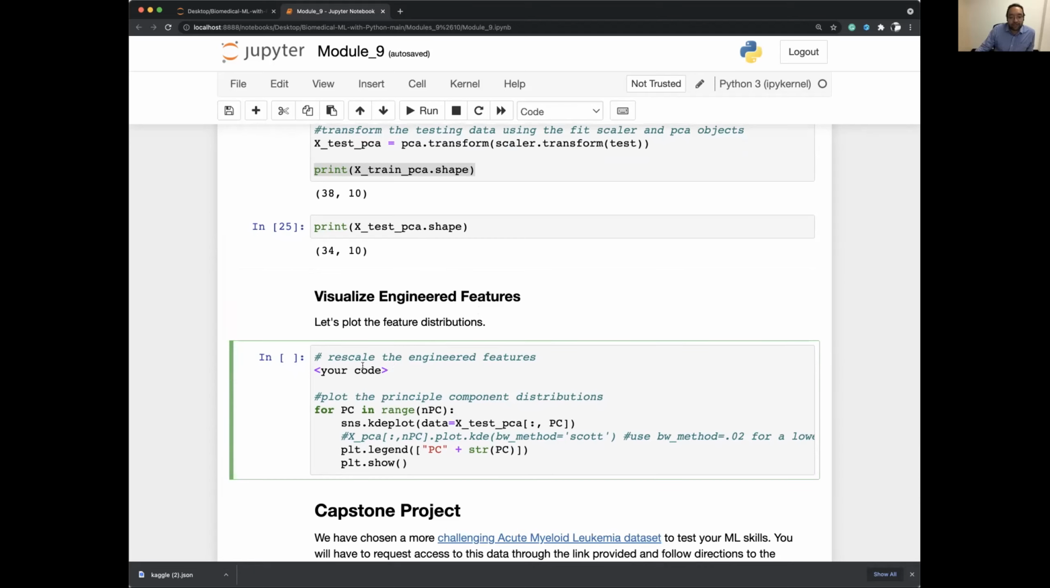Okay, so let's go ahead and do that. We're going to plot those distributions, and I wrote that part for you here. We're using Seaborn. This KDE plot is the kernel density function we've always been using to plot the densities. I'll walk you through this, and then you can tell me how to rescale the features. But basically, for every principal component in the range of principal components, so 1 through 10 or 0 through 9, we're going to